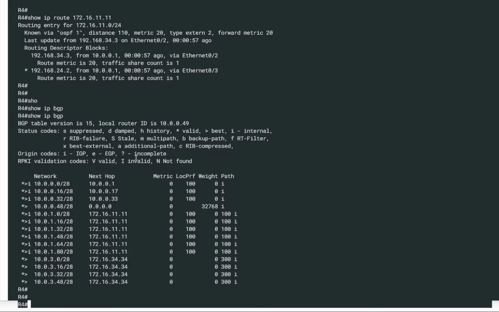Now if everything is good, our R4 knows how to reach this. Now we can re-verify on R4 what routes R4 is going to advertise to its iBGP peer, which is towards